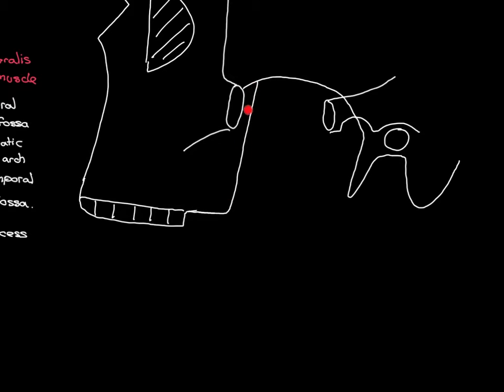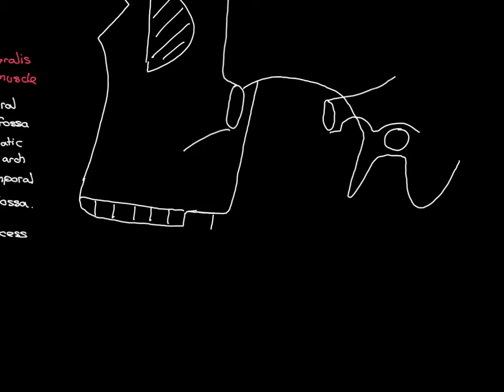The maxillary bone that's coming up and joining to the bottom of the skull here is behind this bit of bone, which is the side of the skull here, the side of the infratemporal fossa. So this is the side of the infratemporal fossa, and this, of course, up here is the temporal fossa, whereas the maxillary bone is connecting up to a part of the base of the skull that's behind that. So they're in different planes, whereas the way I'd drawn it, it looked as though this was continuous with this. And this is going to be much better because this is actually going to successfully show the